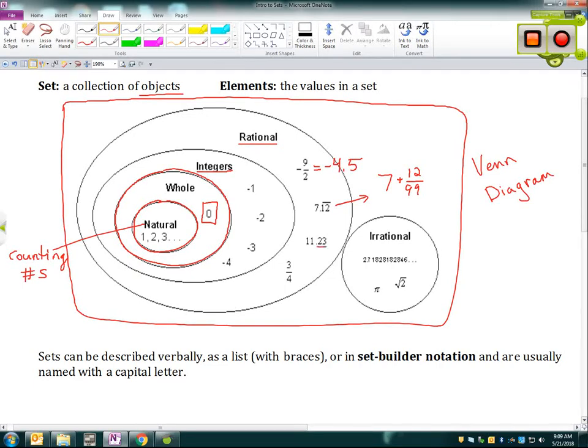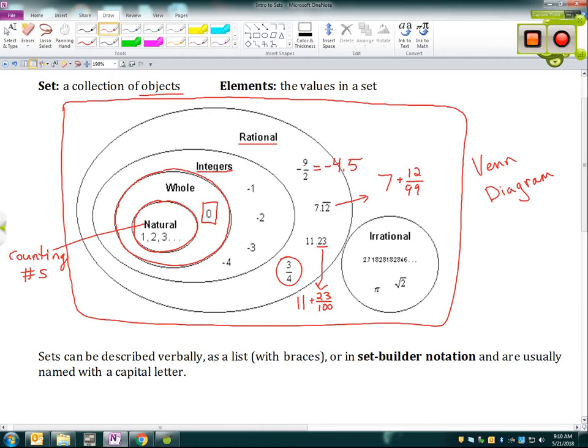Also, this is called a terminating decimal, any decimal that has a definite end. So 11.23 stops at the 3. It's not 23 something something something, okay? It's 11.23, and so we could write that as 11 plus 23 hundredths, and then we could go ahead and combine that. We could do 100 times 11 plus 23 to get a single integer in the numerator as well. So anything that terminates can also be written as a fraction of integers, so it is also rational. And then again, 3/4, both of those are integers already, so that's already in its rational notation.